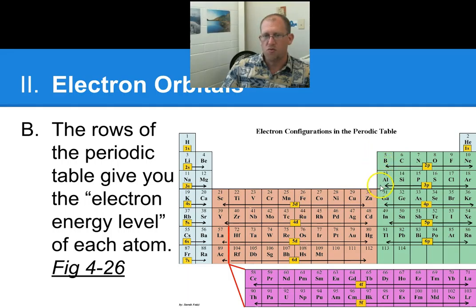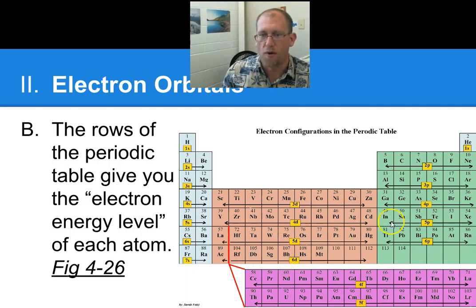So even though he's 2 rows down, the s's start at 1, the p's start at 2, the d's start at 3, and then the f's start at 4. Even though it's 2 down, 2 down, it's only 1 and 1 as far as the energy levels go, right? So just remember that the counting is kind of shifted. But once you figure that out, then you can just read straight across the table to get how energy levels